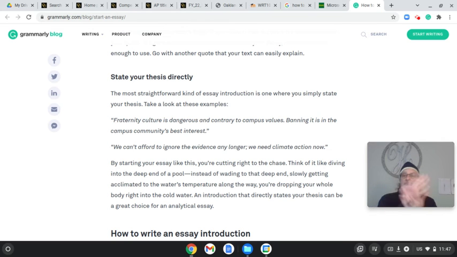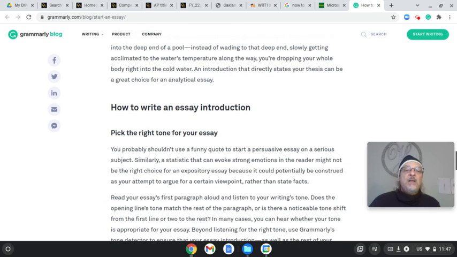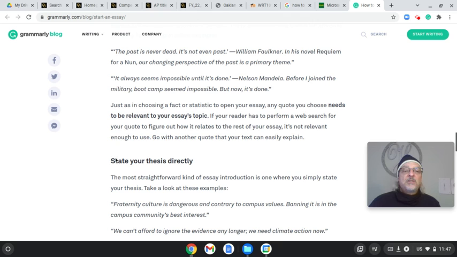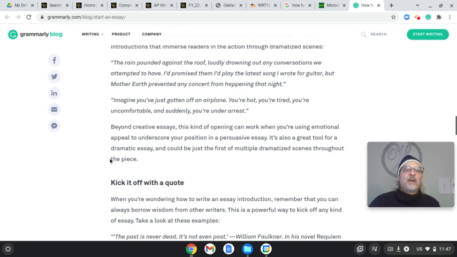Some people like to just go boom right off the gate and state your thesis, right? We can't afford to ignore the evidence any longer. We need climate action now. Boom, you're pulling at ethos, pathos, and even a little bit of logos there. And then, of course, it's talking a little bit about tone. But the main thing I want you to think about or look at is the kinds of ways to start